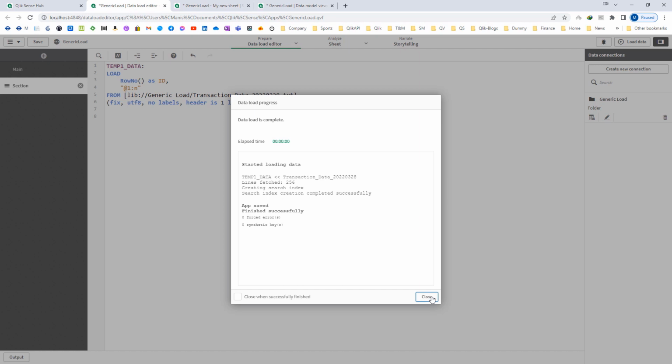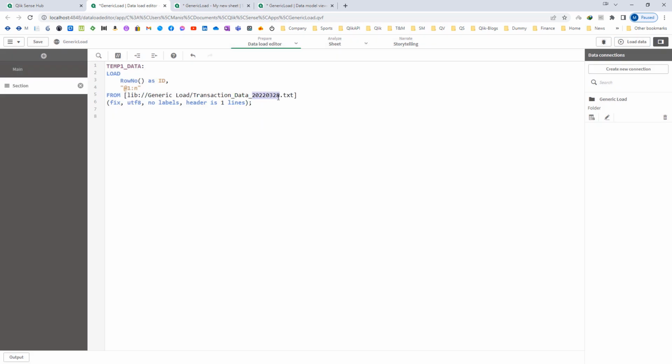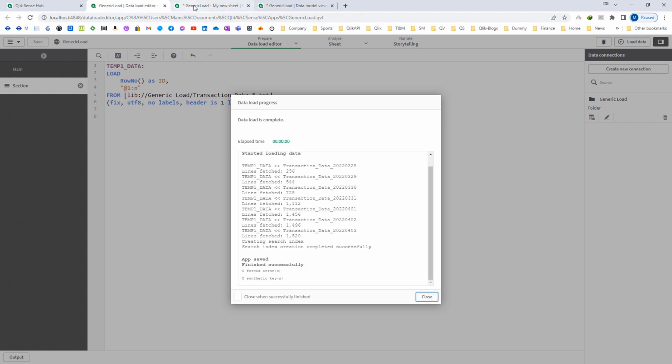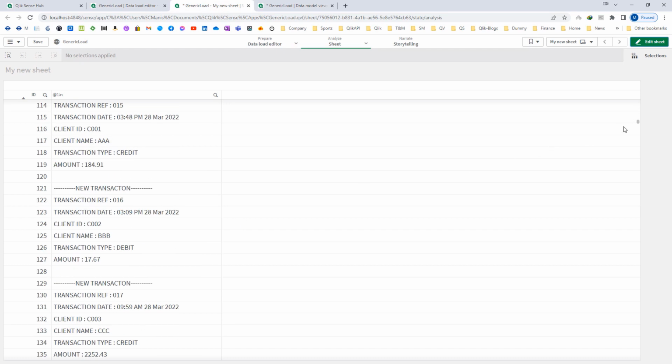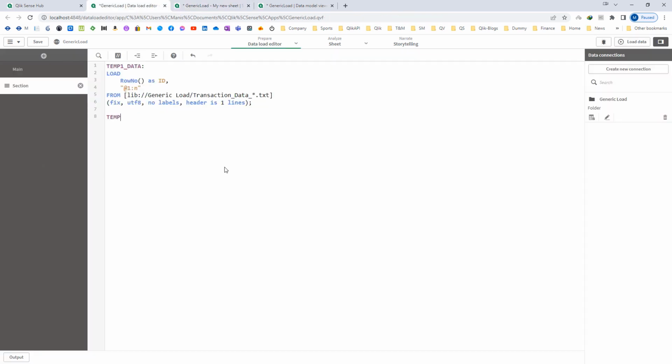Now instead of this, I can use star and load every single file. Now you can see all 7 files getting loaded, and you can see the data from here. Now the second step is I need to separate this attribute and its value. To do that, I will perform another load. This time it will be a resident load, and I will say load star, and then I will say my subfield of this field. It's better to give this field name as data field. So subfield of this data,